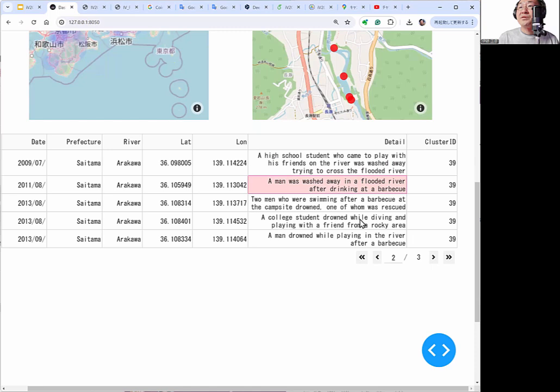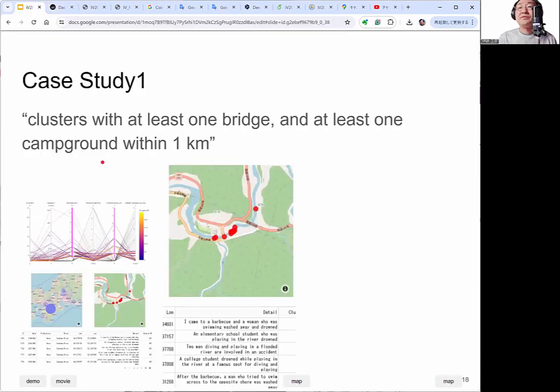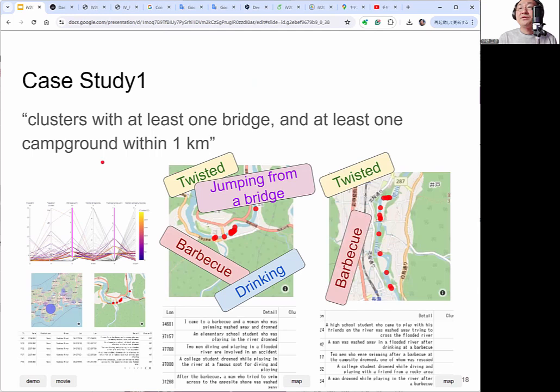And diving from rocky area after barbecue. And drinking at barbecue, diving from rocks. Anyway, the river is twisted, jump from bridge, barbecue, drinking.